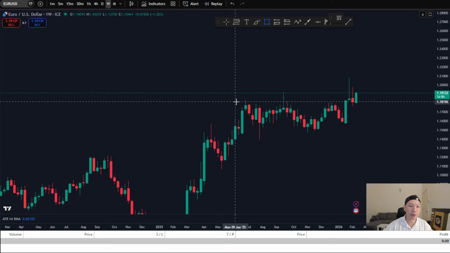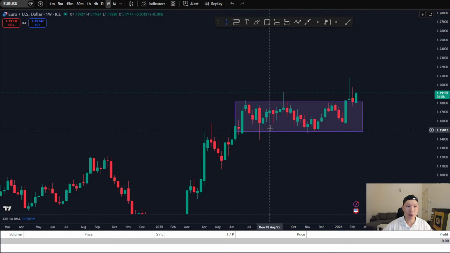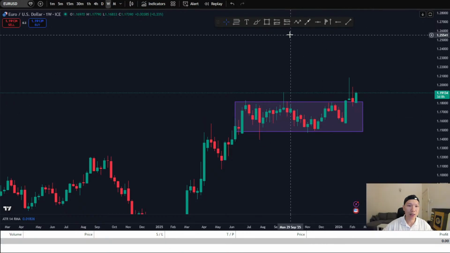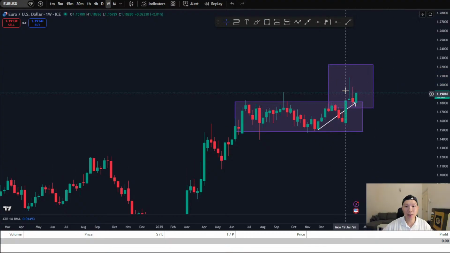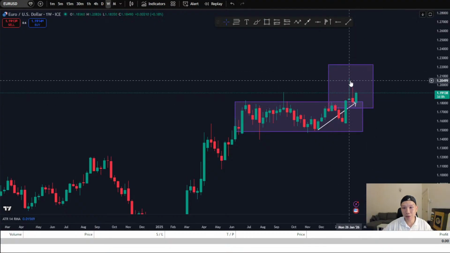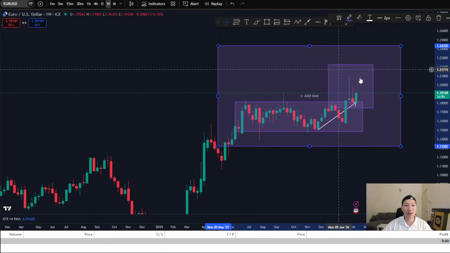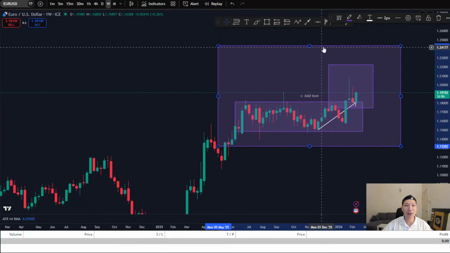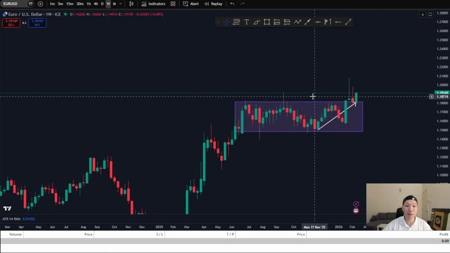Okay, it always moves where it has a balance, where buyers and sellers agree between themselves. And then there you have a compression start to be formed, and then there will be a sudden move right here popping up, and then it has a pullback, and then it goes up again. This structure right here, guys, is the main hypothesis that I use for trading, the root of all of my trading